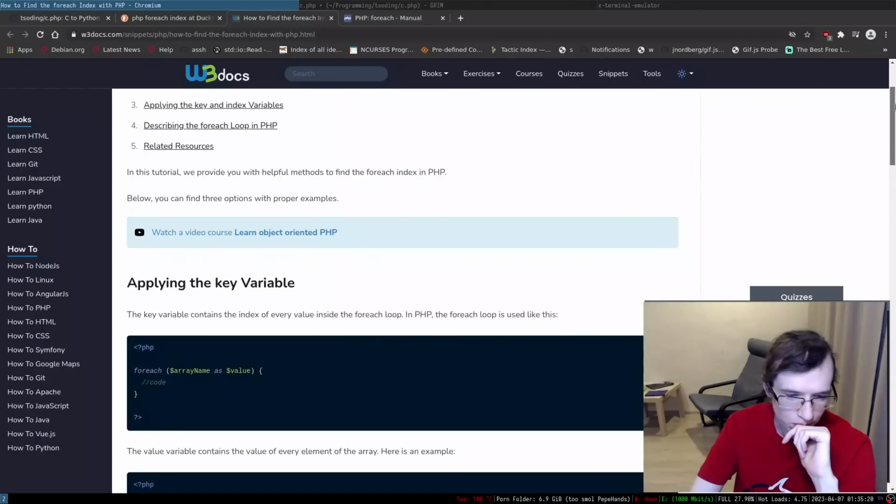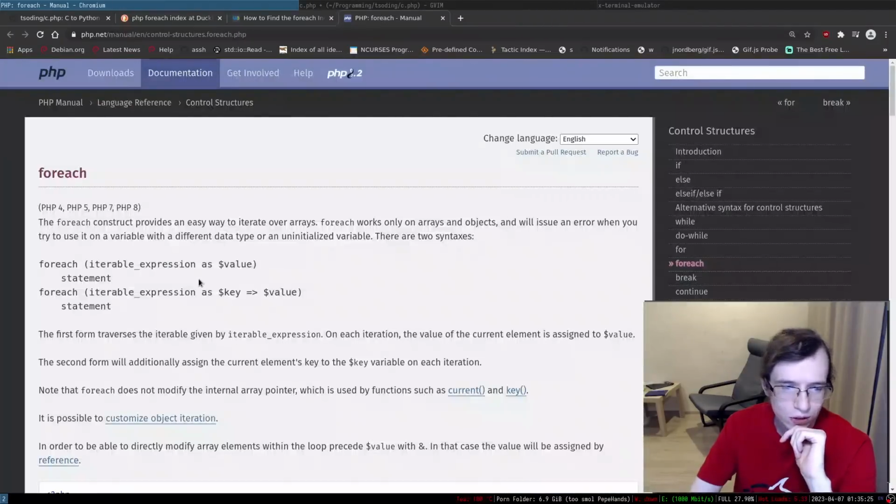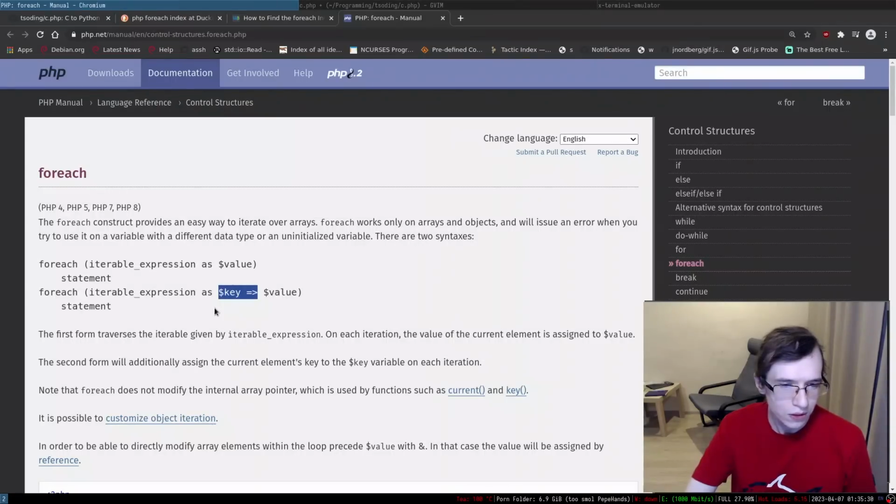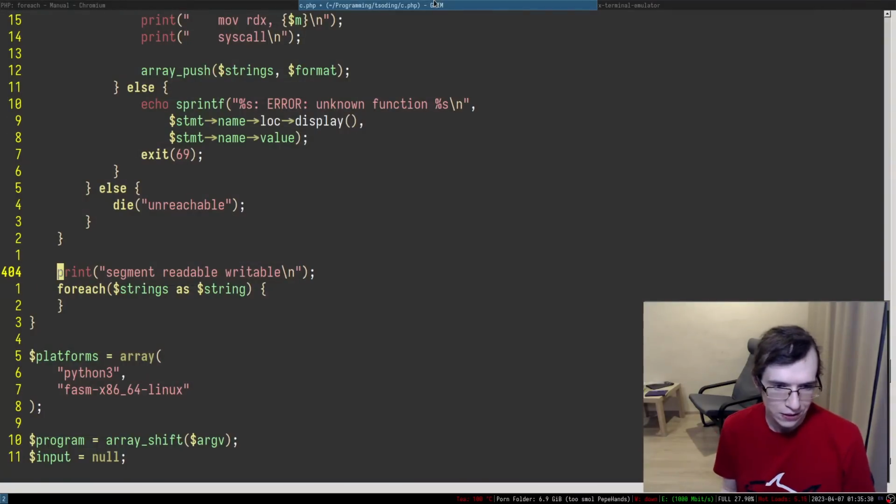All right. So I think I already saw that. Okay, so here is the as key value. Okay, so I suppose we can do something like as